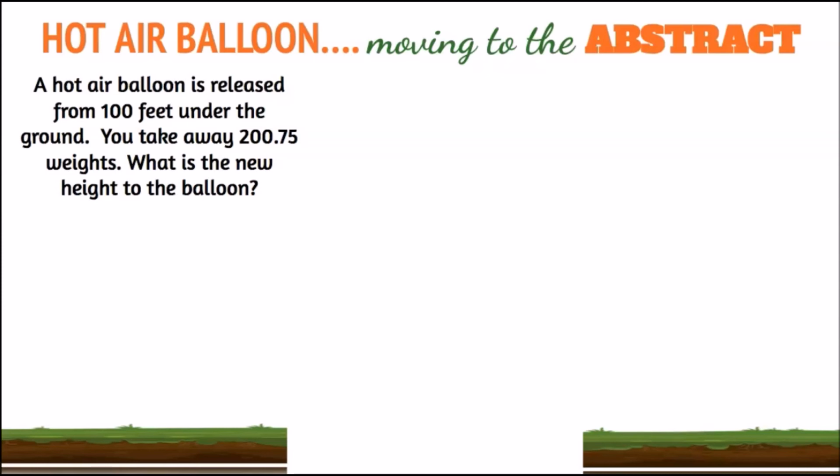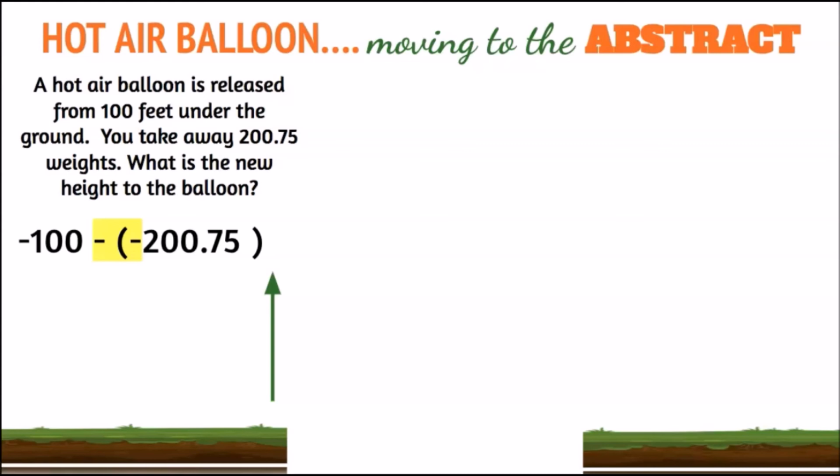Now, we're not using a number line. We're going to use what we just learned and our process of changing subtraction to addition to answer this question. First, I let my kids write the mathematical statement: negative 100 feet minus negative 2¾. Then I ask the question, well, what will happen to the balloon? Taking away weights makes the balloon go up. So then I also ask my kids, do you think it'll be above the ground or below the ground? They should note that since I'm taking away 2¾, I'm moving up 2¾ feet,